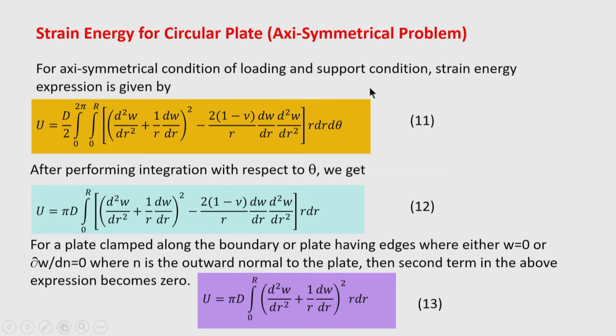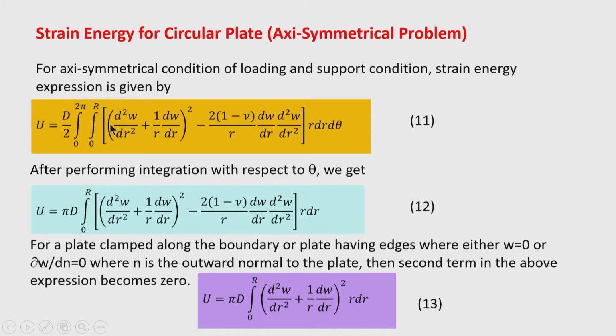r dθ is the length of a sector arc at a distance r, and dr is the width of the sector. So, the area of the sector or element of the circular plate is r dθ into dr. So, this is the area of the element and this is the strain energy of the element. When it is multiplied by the area and integrated, we get the total strain energy of the